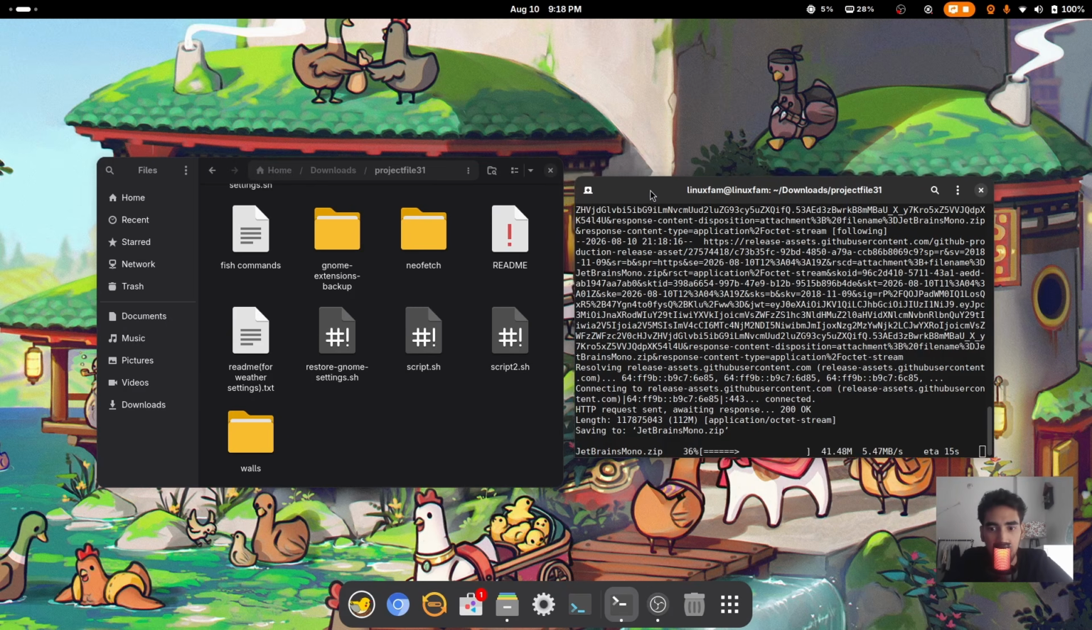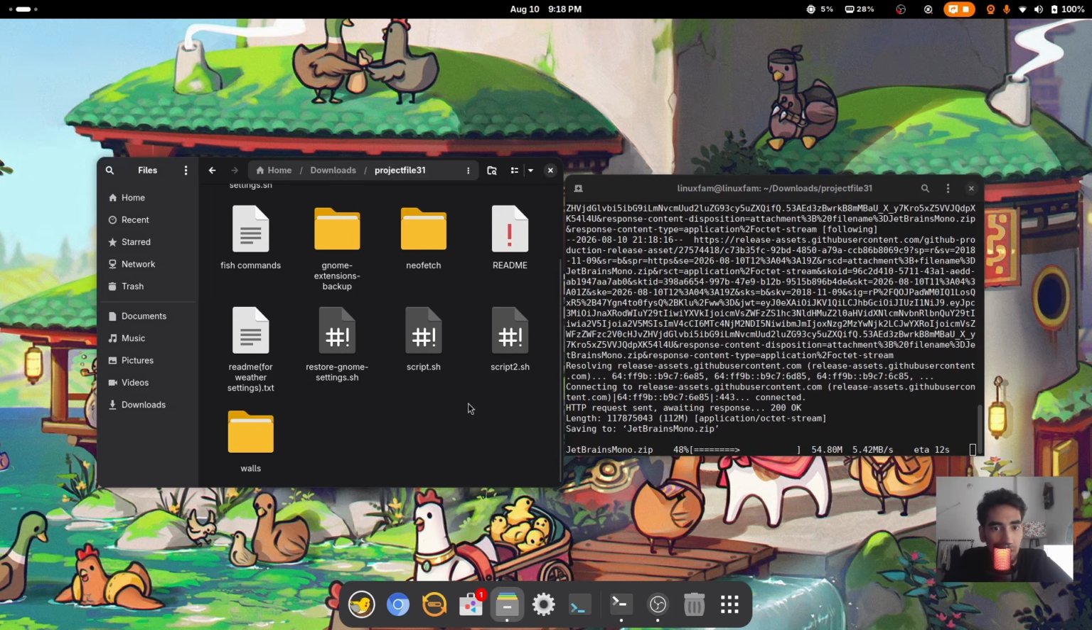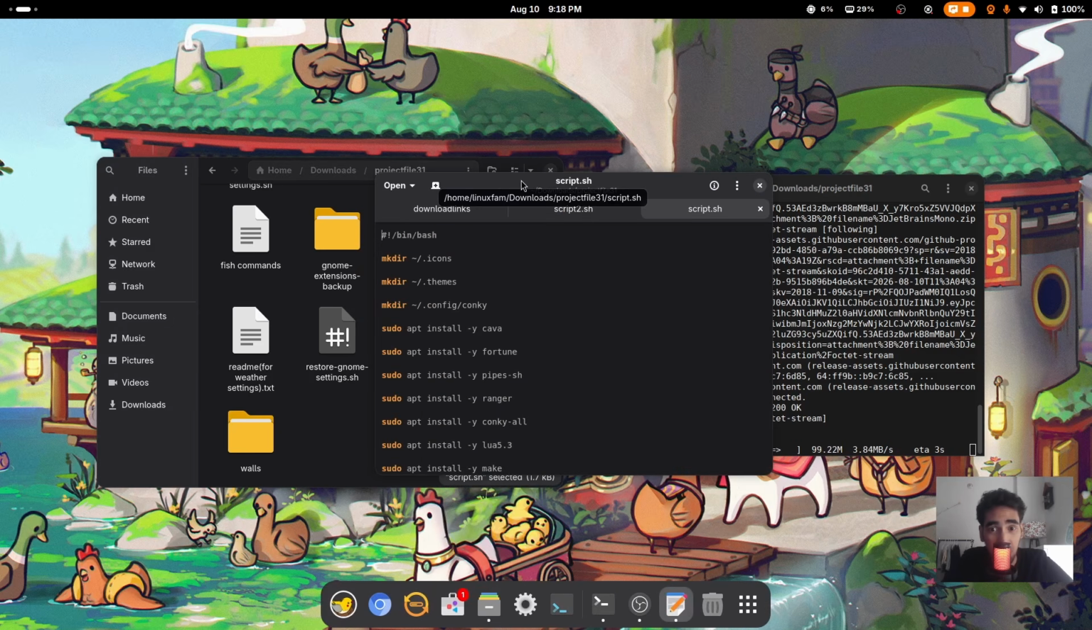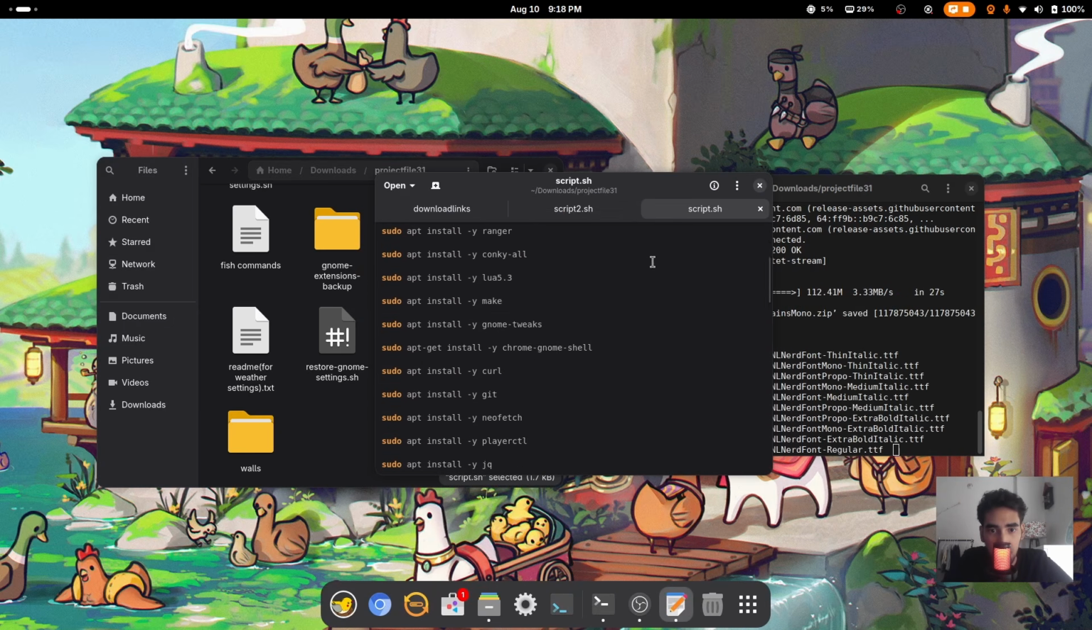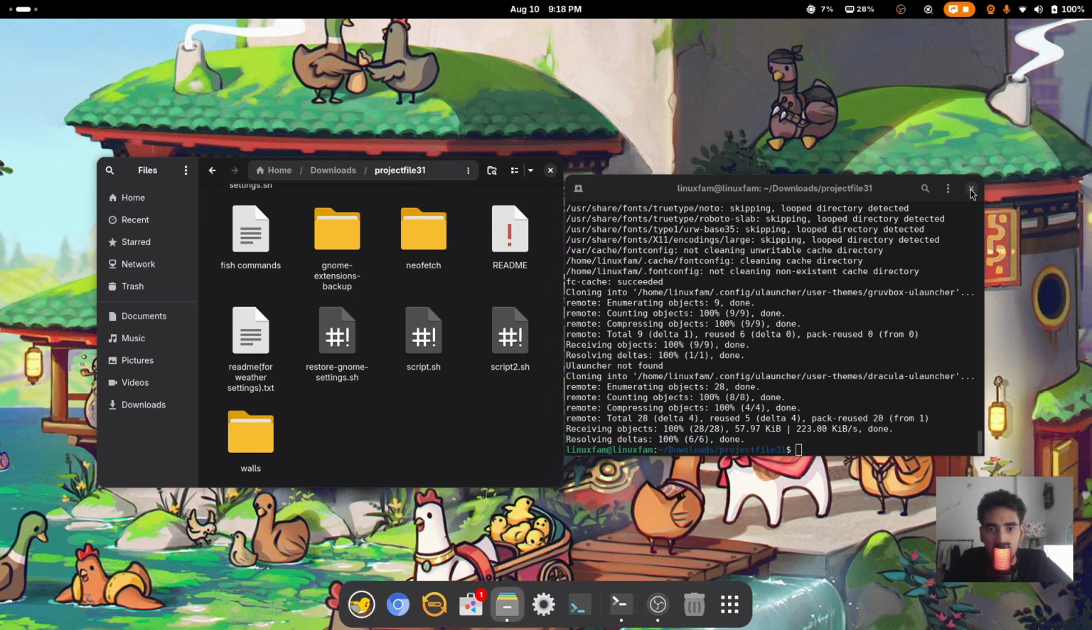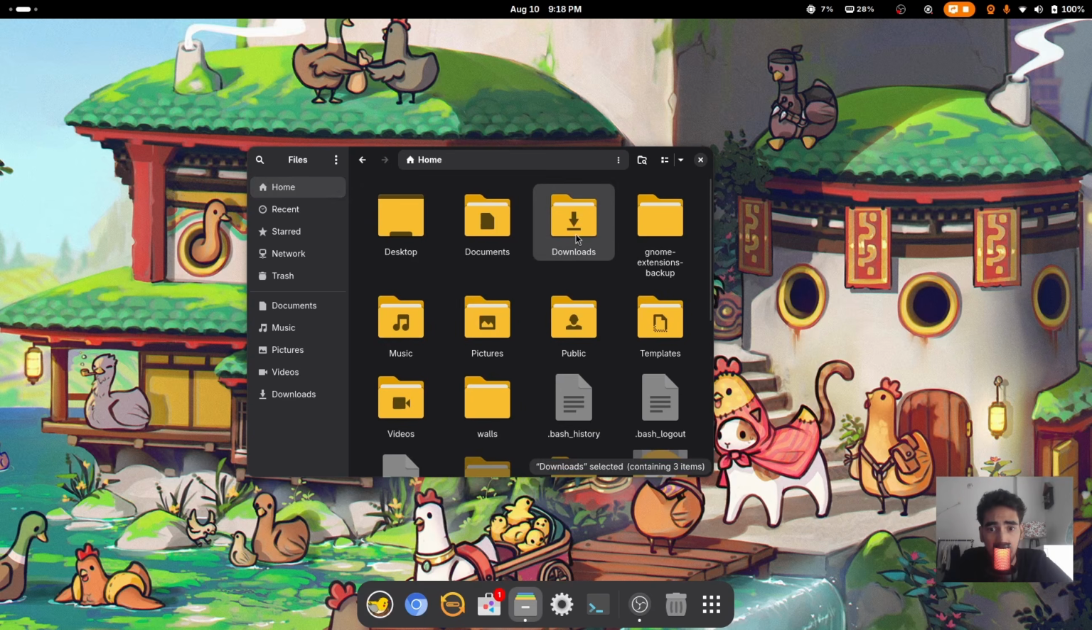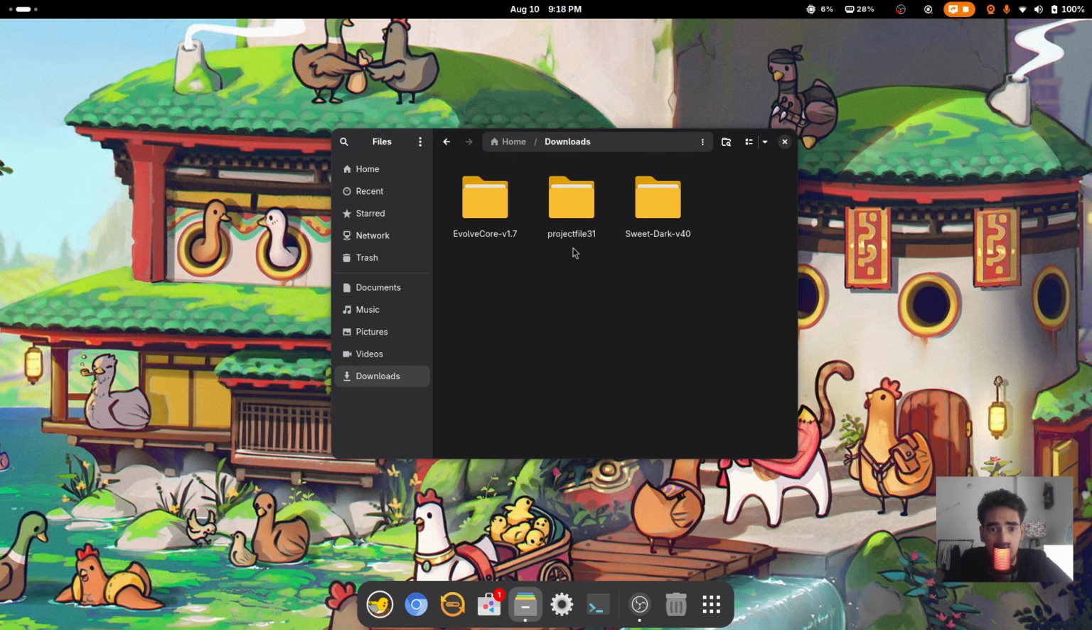So this is basically installing some basic packages for us, and you can always look inside the script, opening it up on a text editor. So these are all the commands. Okay, so it's done. So let's close the terminal and let's go back, go to my downloads directory, and now